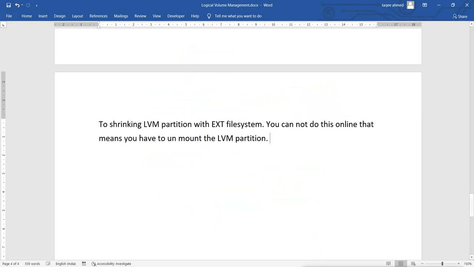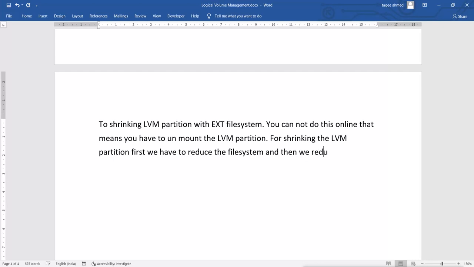So for shrinking the LVM partition, first we have to reduce the file system, and then we can reduce the size of the LVM partition.